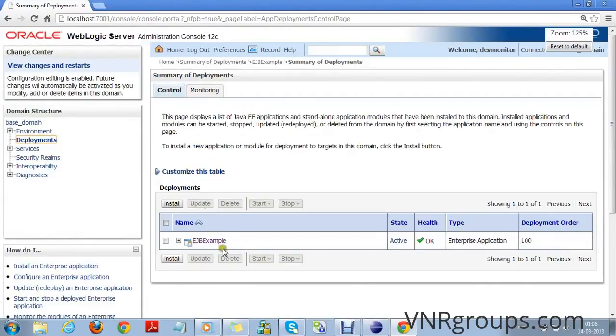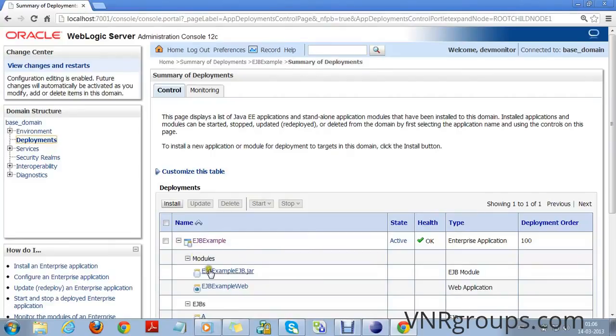So we can see this EAR file is deployed and it contains two modules.